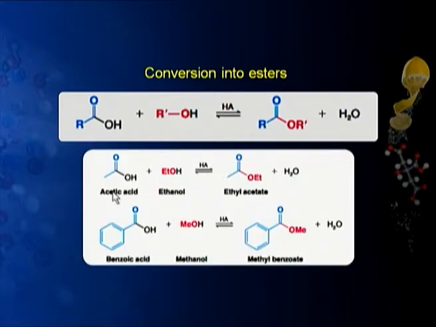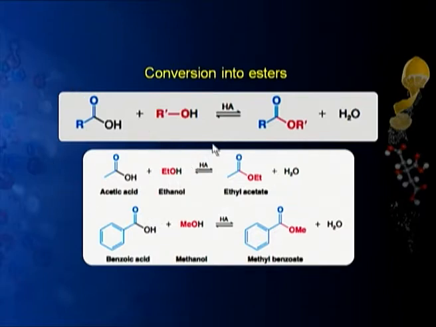For example, acetic acid, if it is treated with ethanol, we get a compound called ethyl acetate. Similarly, benzoic acid on treatment with methanol gives methyl benzoate. So, in preparation of esters, a water molecule is to be lost if we are directly treating it with alcohol. But we have some other methods for the preparation of esters, where we can take some substituted acid like acid